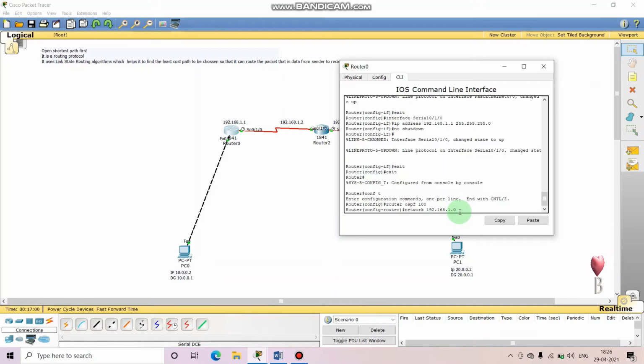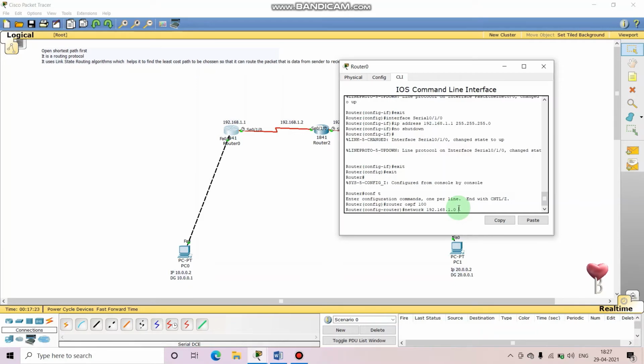So we will use the wildcard mask actually, which is the reverse, the opposite of the subnet mask. Our subnet mask was 255.255.255.0.